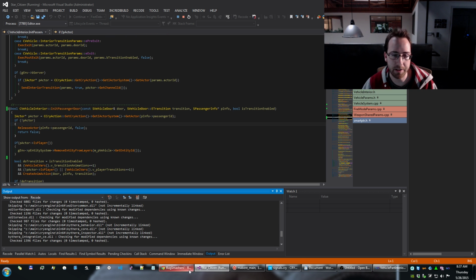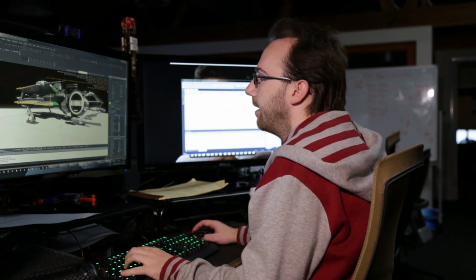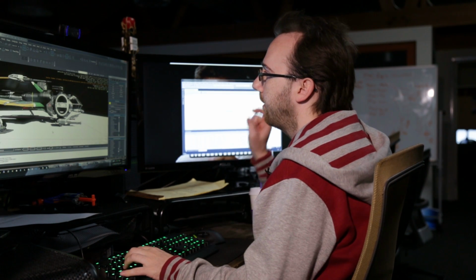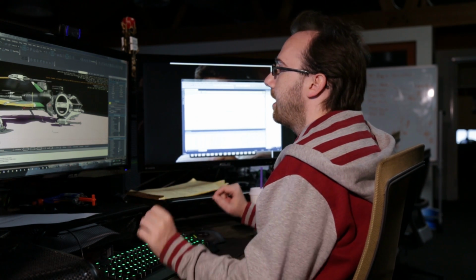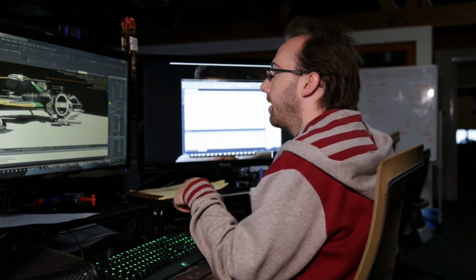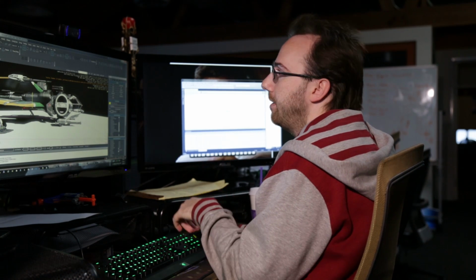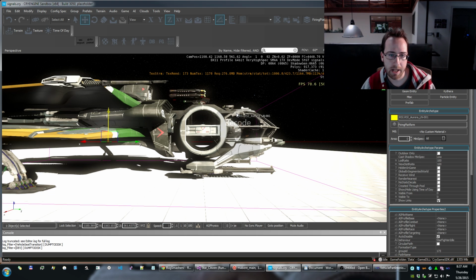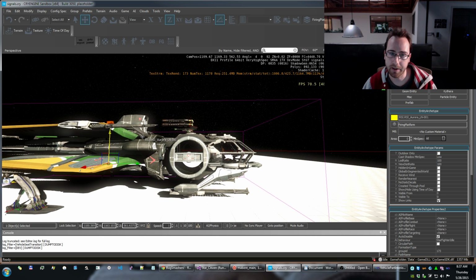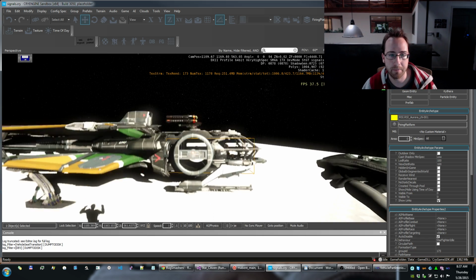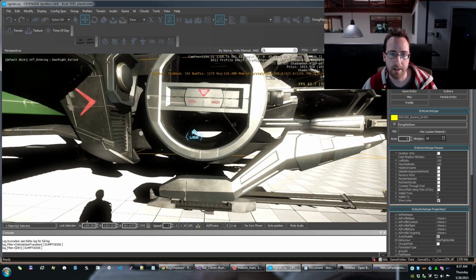Oh, I love recode. So as this builds, what we should see is if I hit F, move my mouse, it should do the cleanup code to make sure that I'm not in the interior, and then nothing should happen. I should be able to just walk around and do nothing. No exit animation should play. Now if I hit F and do not touch anything, it should do the steps to bring me into the ship. So let's hit F and then